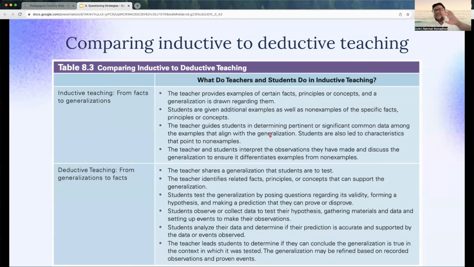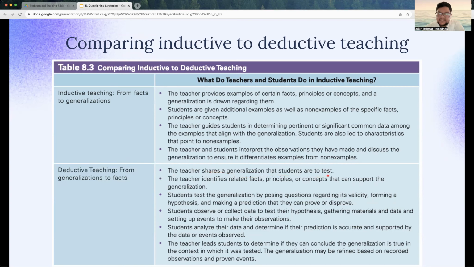An example is something that is correct in terms of the definition, but a non-example is not. A non-example is the opposite of the example. That is inductive, from facts to generalization, but in deductive teaching, the teacher shares the generalization